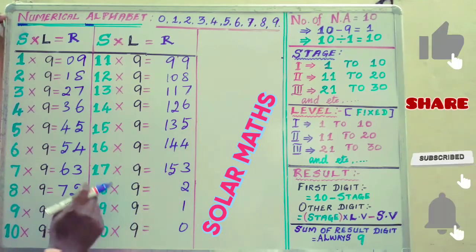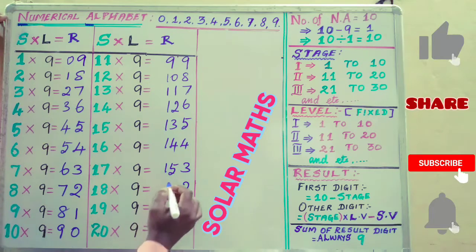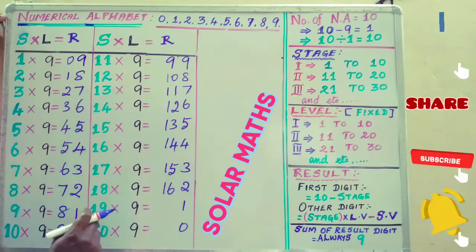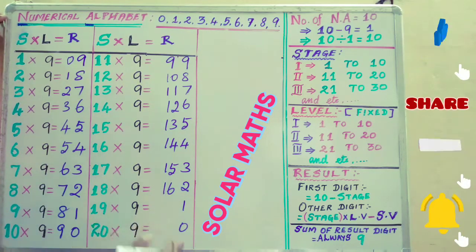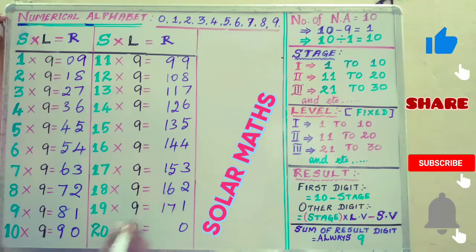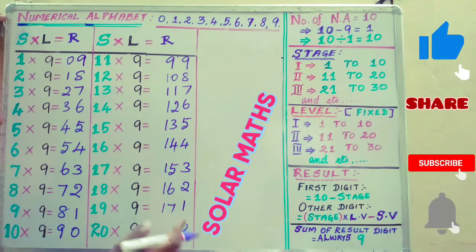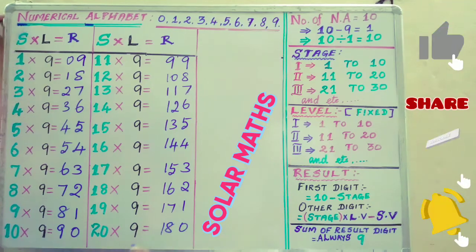And then 18 into 1 is 18. 18 minus 2 is 16. And then 19 into 1 is 19. 19 minus 2 is 17. 20 into 1 is 20. 20 minus 2 is 18. Because